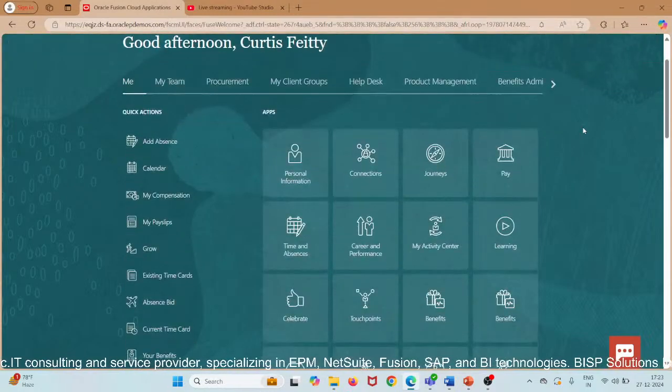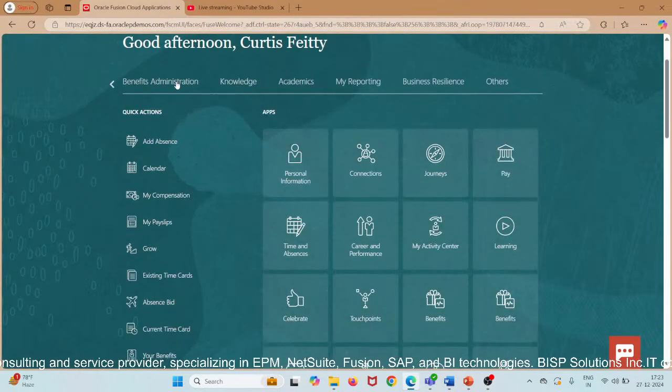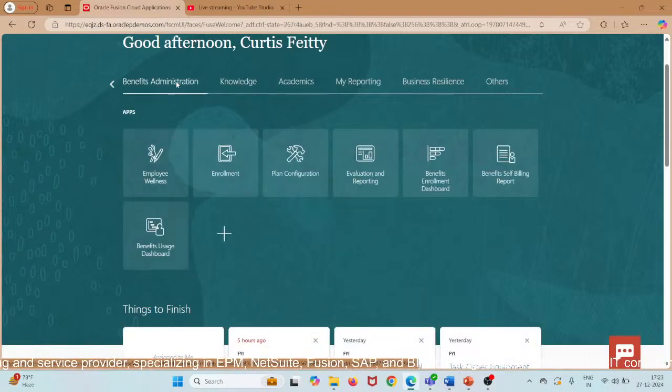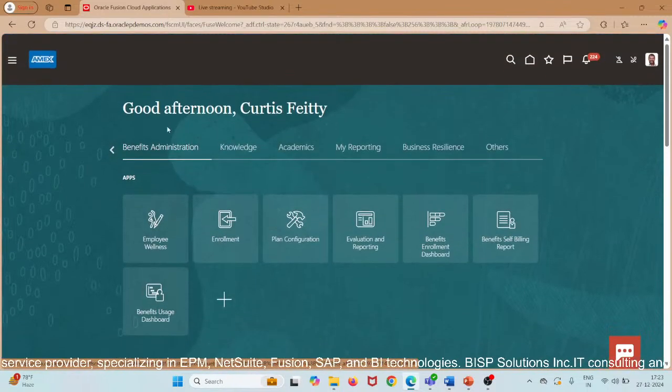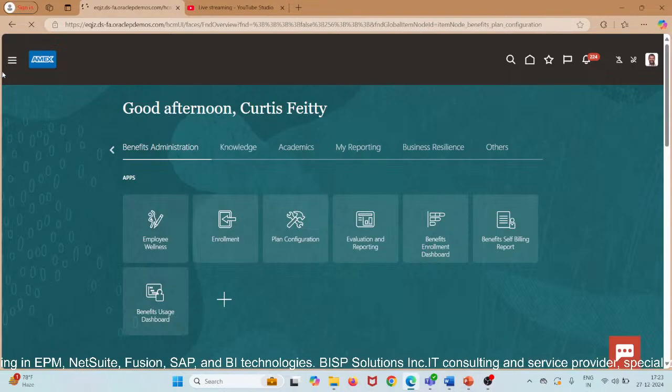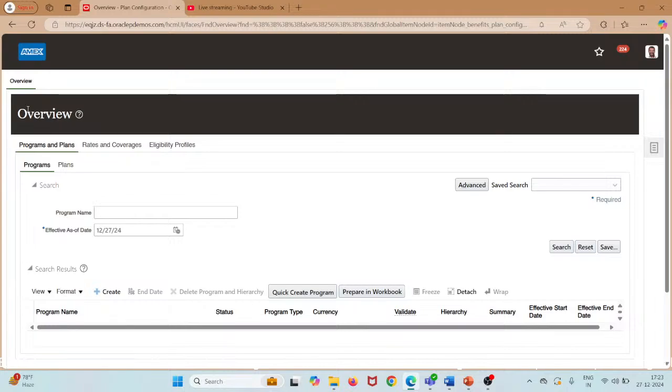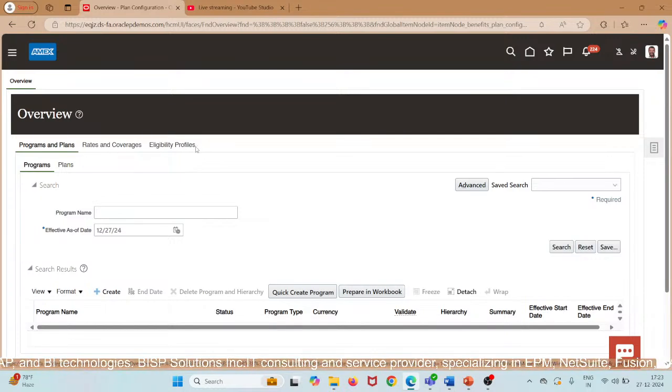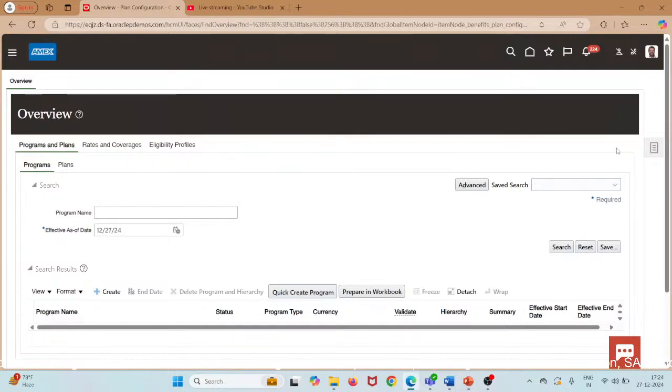So you need to log in as a benefit administrator. Inside that you will come to plan configuration, and here you can see your programs and plans. Then you have rates and coverages, eligibility profile, and if you go to the task pane,